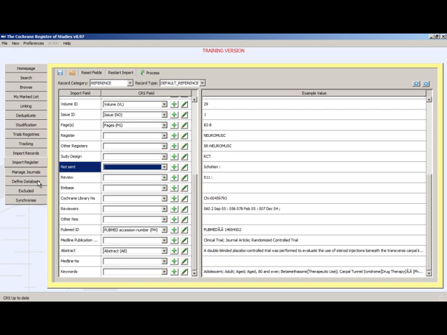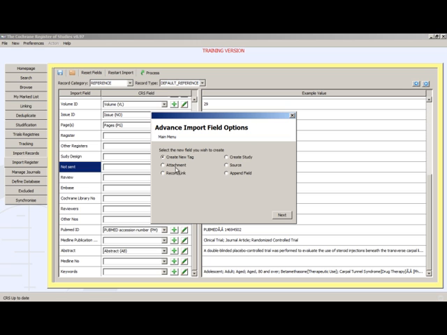If you define it there, you can give it pick list values, you can give it a particular data type so that integrity checking can take place. But if this is just a standard text field that you know that you don't have and doesn't need any special processing, you can actually tell the CRS to create that field for you at this point. We're going to choose this option, which is create new tag. We're going to click next. We're reading it into a reference category because we're reading in references at the moment. We're going to give it a new field tag, and we're going to call it, in this case,